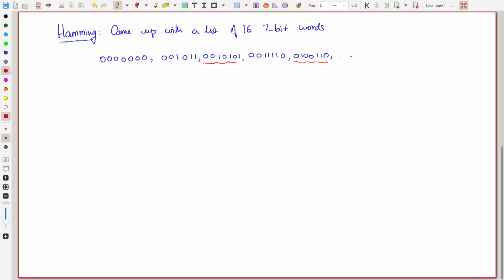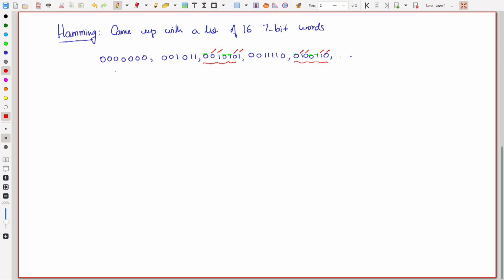So, if you look at this word, this digit is the same, this is the same, this is the same, this is different, here there is difference, then the next one is also different, right, then these are the same, this is the same, then the next bit is different, right, and the last bit is also different in this case. So, these two words, they differ in 4 different places,